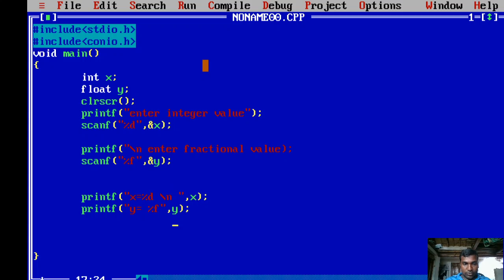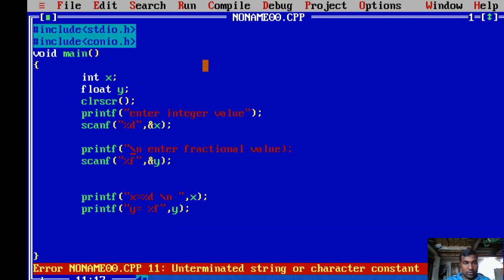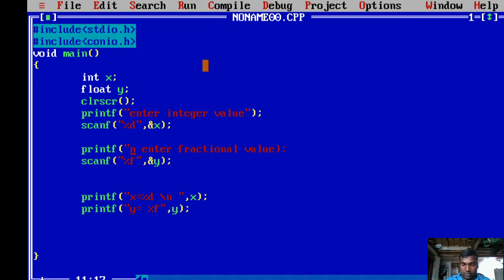So in the last two statements I am trying to print those values, right? So Alt F9, sorry, missing double quotes here.